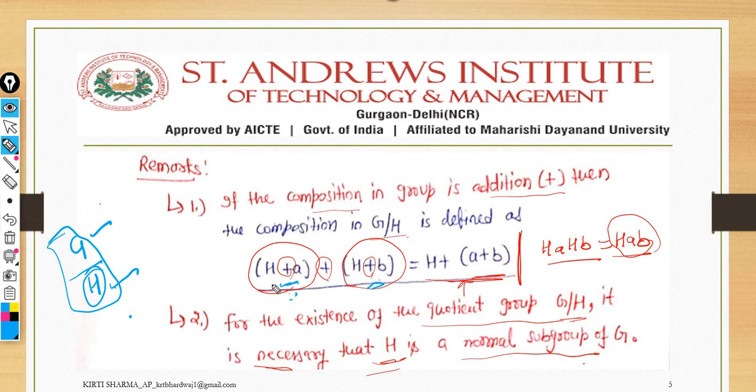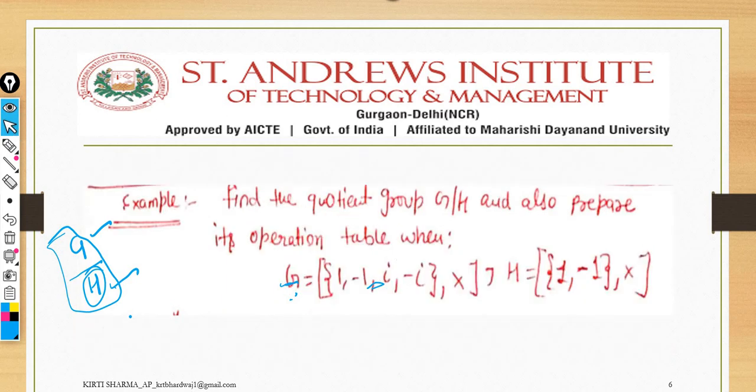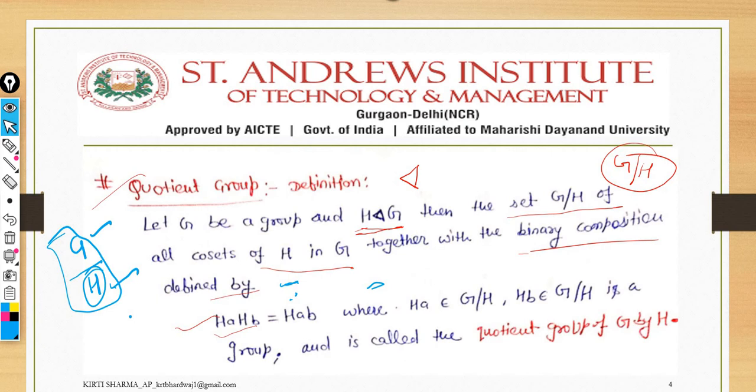Okay, so just make sure that if you're applying the addition symbol, you put the plus symbol here. And as you have previously seen, if you are applying the plus and multiplication, then I'm taking HA, HB as the symbol. Okay, so make it clear.